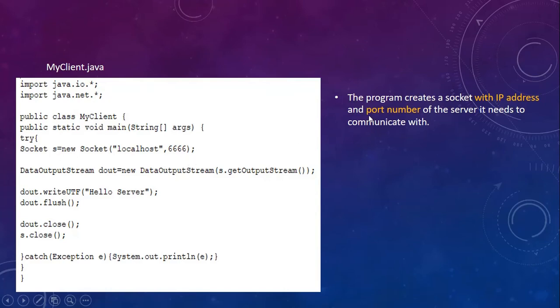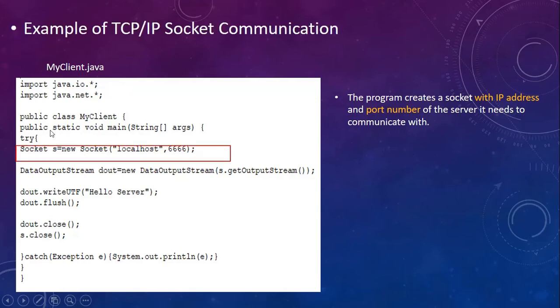Now the very first thing is the client socket. It takes two things into consideration. One is the IP address of the server that you want to connect to, and second is the port number of that particular server. So first, I create an object of the socket, this is a client socket, and I pass two values. One is the IP address, I want to connect to the localhost server, and its port is 6666. So this is the name of the server and this is the port. So, the IP address of the server and the port number of the server